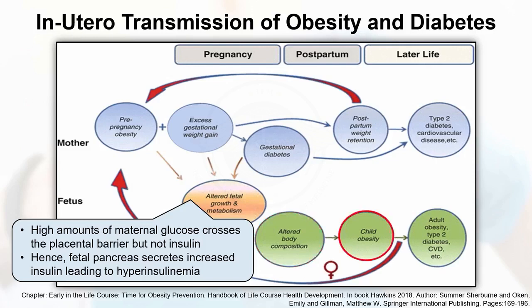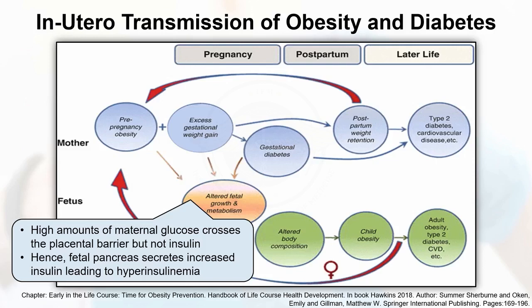Now this child, if he becomes obese, will continue to be an adult with obesity. And if he's obese, then he has metabolic syndrome, and obesity has a greater chance of developing impaired glucose tolerance, type 2 diabetes, dyslipidemia, hypertension. If this is a girl, then she becomes an obese girl. She gets married. Again, the same thing continues.